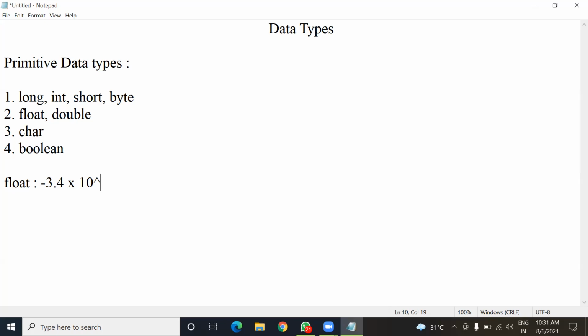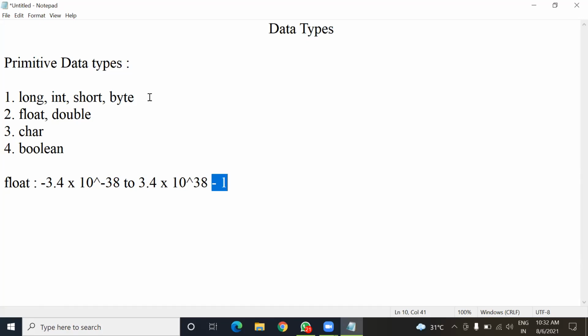Here we have to decrease by 1 because 0 is also included.